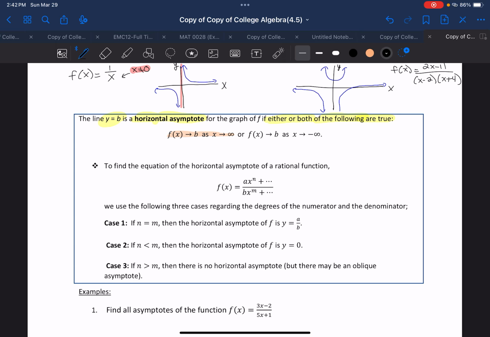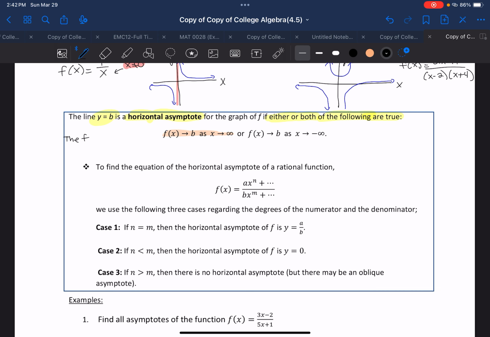So the first one says if the function f of x approaches, that's what the right arrow means, approaches b, which is the y value, as x approaches positive infinity,